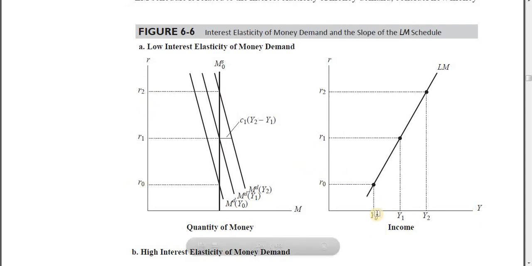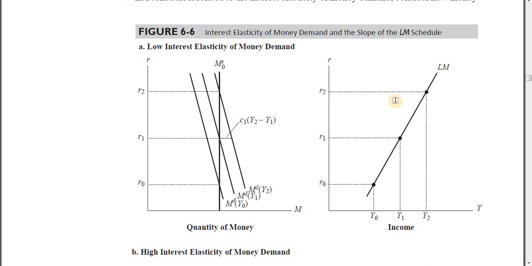Then what would happen? So from this very diagram, we can imagine the things now because I do not have anything to draw here. Income has gone up from Y0 to Y1, and this is how we have gotten the LM curve shape. Now instead of R0 to R1, we need to join R0 directly to R2. So we'll be joining it from here till here, so we can clearly say it's the steeper one. So this is how we can understand this point number 1, that income elasticity of money demand determines the shape of the LM curve.